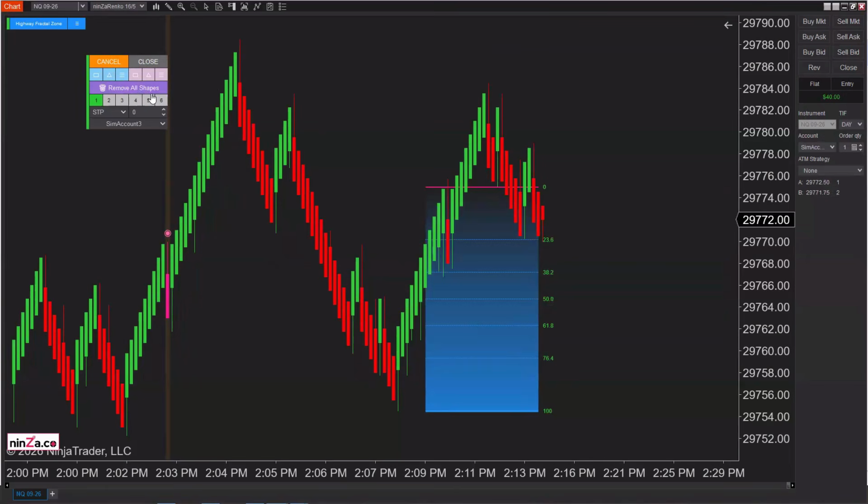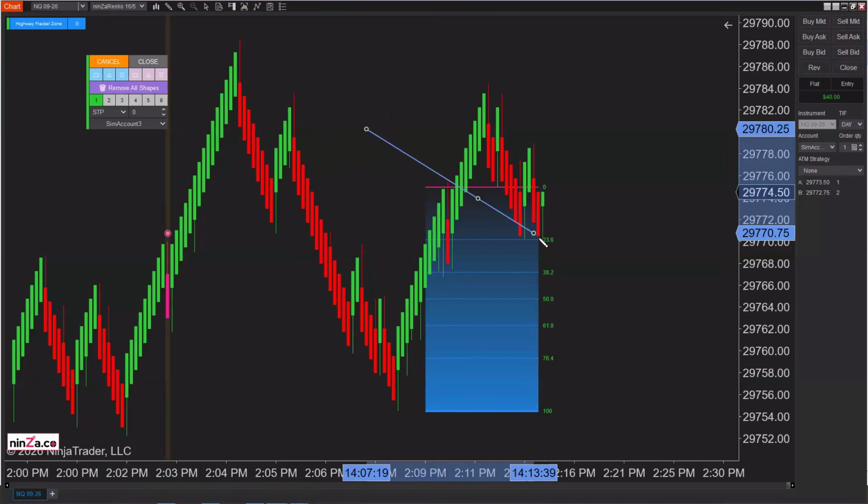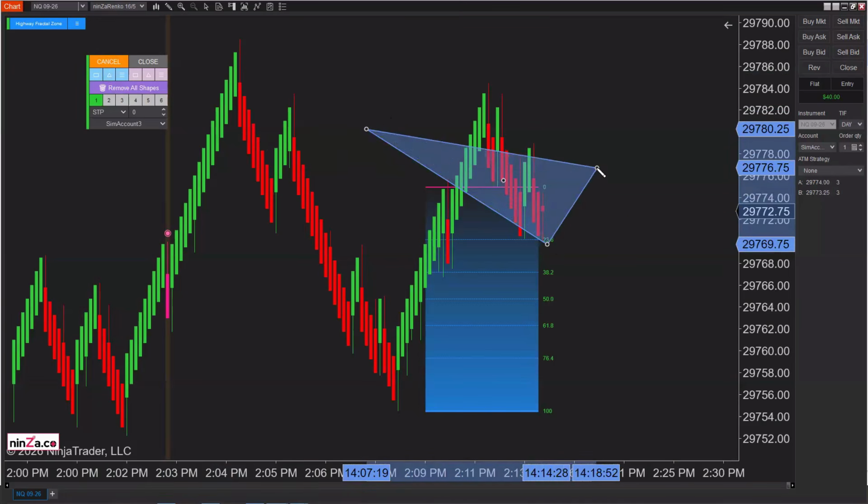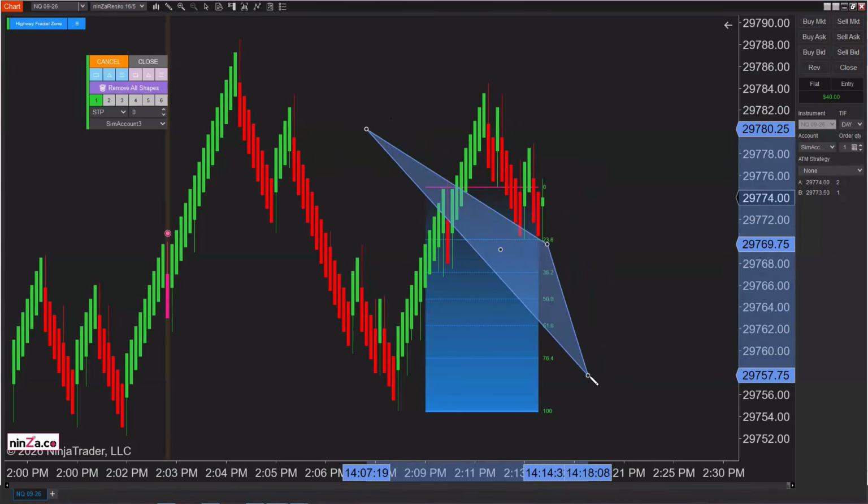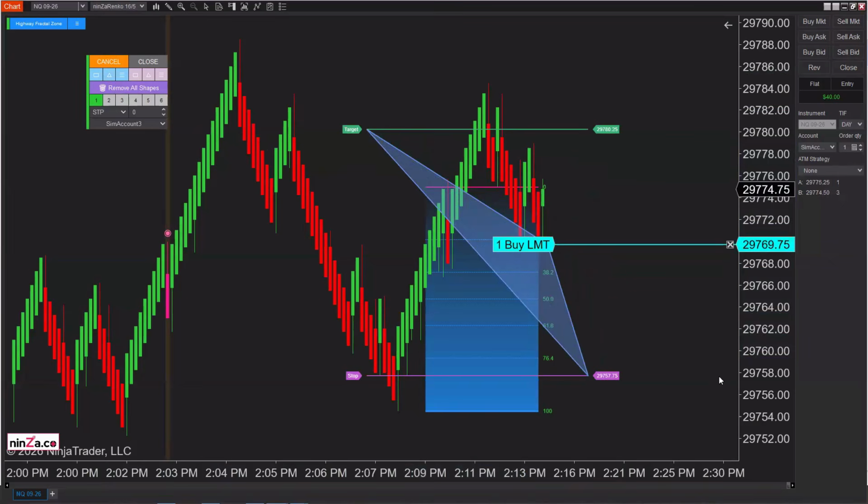So let's go to the trickier one. I'm always having a problem with it, and it's not because it's difficult, it's because it's me. All right, let's try and figure this out. So here is my triangle. Maybe like this. Okay. So if price comes down, so with a triangle, I actually decide where my profit